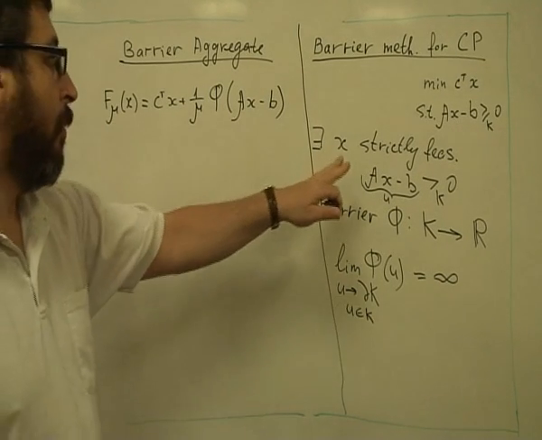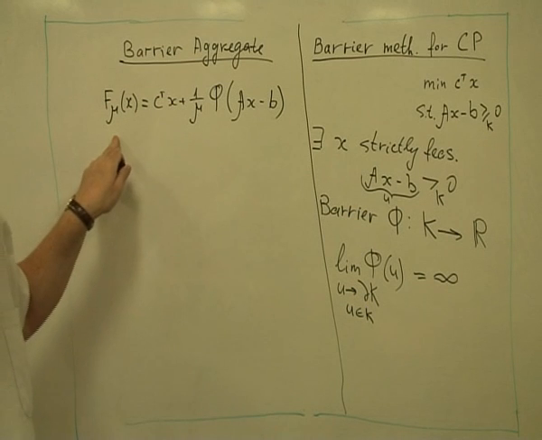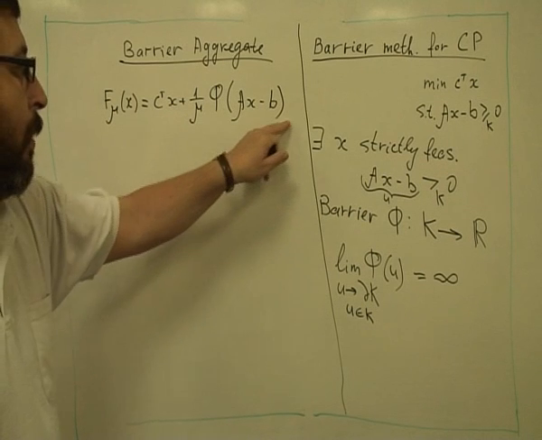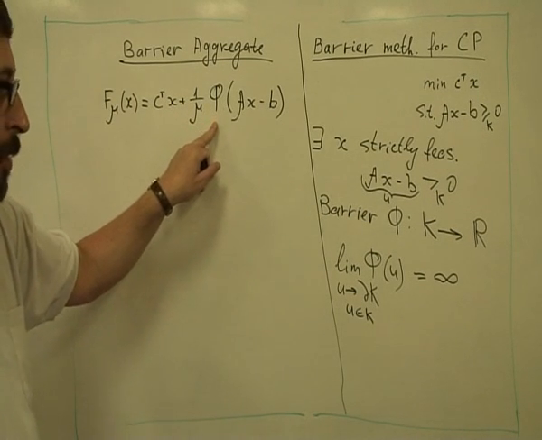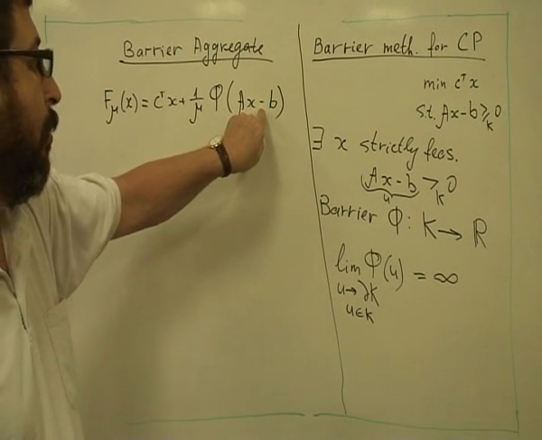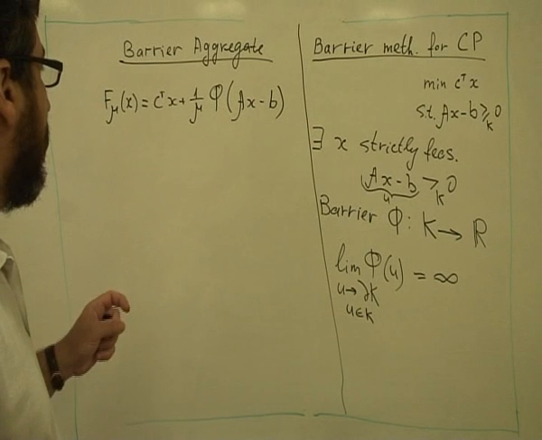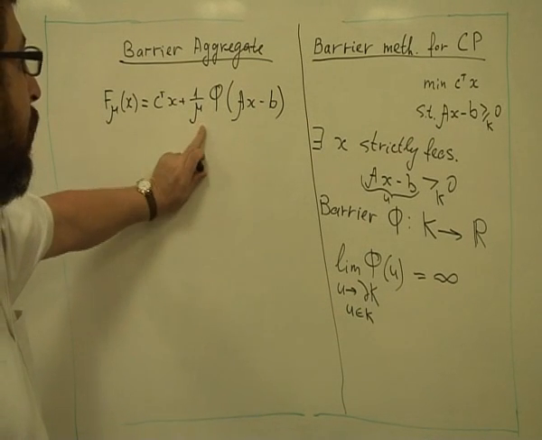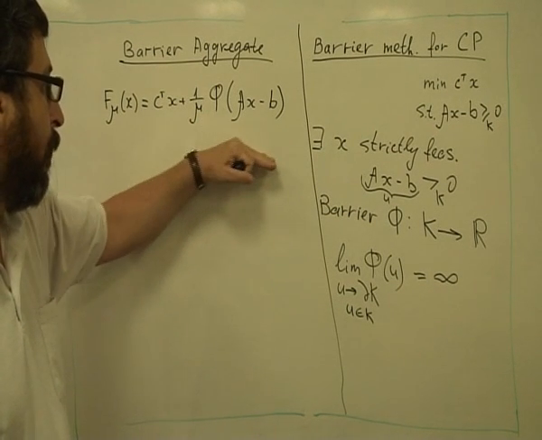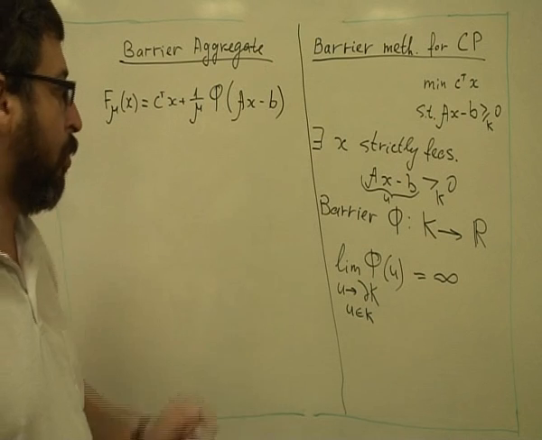And now we can define barrier aggregate. It's very similar to penalty aggregate for nonlinear programming. So it's objective function plus barrier, which forces this value Ax minus b to really belong to the cone. And what will happen when mu becomes very large? So the value of barrier inside the cone, it was some number, so it will go to 0, but still it will go to infinity